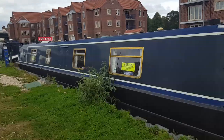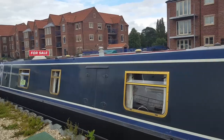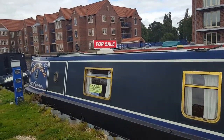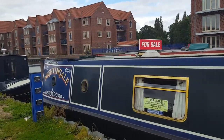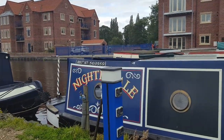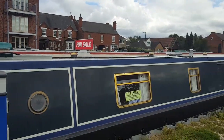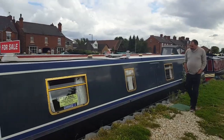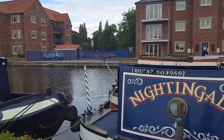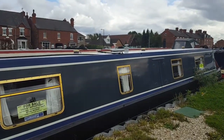We're at Nationwide Narrowboats in Thorne now. There's a few for sale here, and one that I thought was actually under offer, because that's what it says on the website. Apparently he's been having a bit of trouble. It might not be sold after all, because they don't seem to have come back when they said they were coming back, so you never know. So there's a few here that are for sale. To be honest, this is